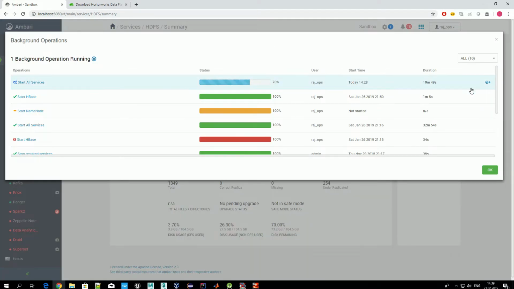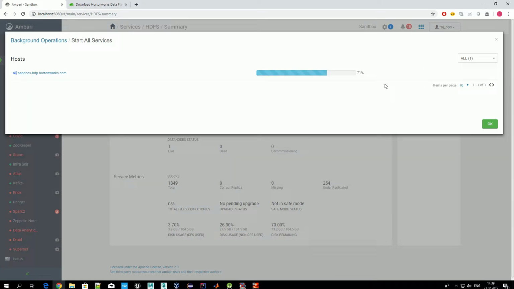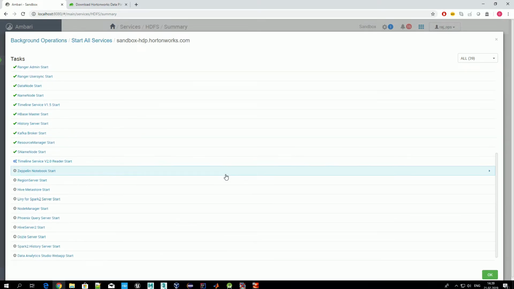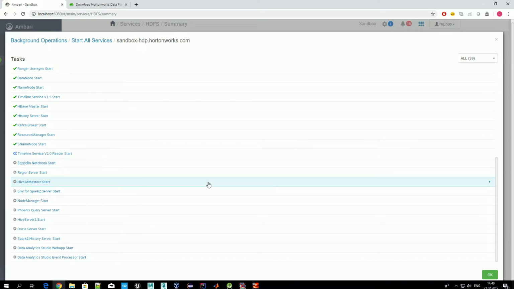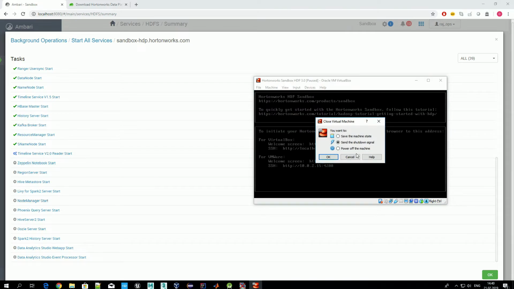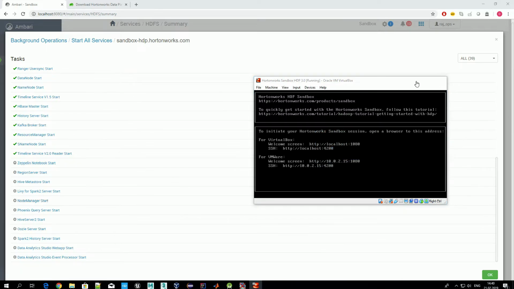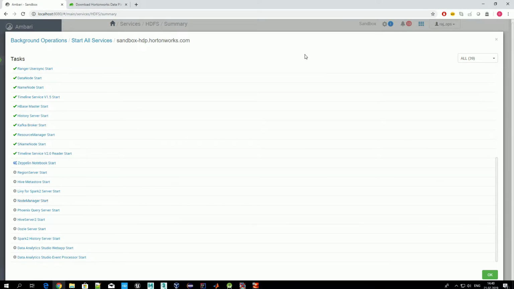Okay, at 70%, and you see, it already takes about 11 minutes. So the recommendation which was given for the Cloudera VM is also applicable here. Once all services are up, and you are done with your VM, it is recommended not to shut it down by sending a shutdown signal or just powering it off, but just save the machine state. So the next time we want to work with it, we will not need to wait until all services are